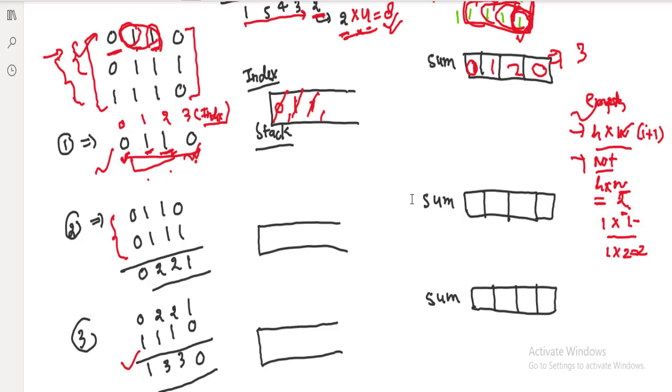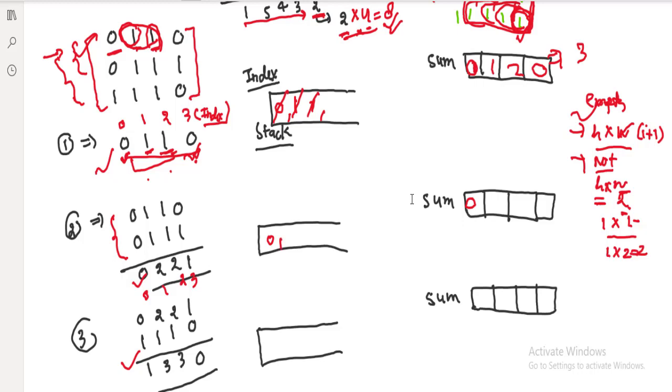Now for this value, let's see how we can compute it. So first it comes to 0. We'll put the index in the stack instead of the particular value. So we'll write indices here 0, 1, 2, 3. Okay, now see here. The first element comes to 0. Now see if the stack is empty or not. Yes, the stack is empty. Now compute the value first. If the stack is empty, height into width. What is the height? 0. What is the width? Width is I plus 1. 0 plus 1 is 1. 0 into 1 will become 0. So for this particular value, the sum will become 0 and we have to add it into the index. This is the index, not the value.